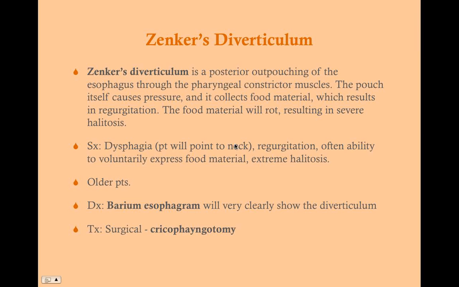Okay, so off of tumors and achalasia. So now we're going to talk about Zenker's diverticulum, which is completely different. Zenker's diverticulum is a disorder of anatomy, and what happens is that you get a high pressure in the esophagus, and the result of that is that the pharyngeal constrictor muscles will give way. And so when you get a high pressure in your esophagus and the pharyngeal constrictor muscles give way, what happens is you get an outpouching of your esophagus through where those constrictor muscles are supposed to